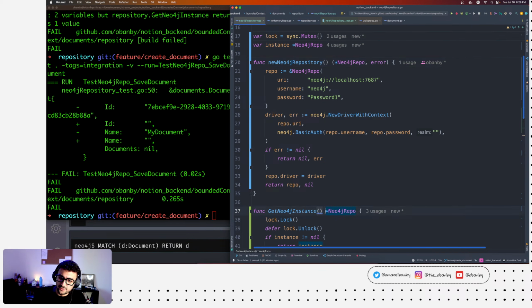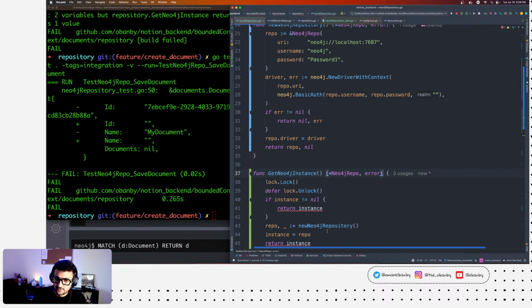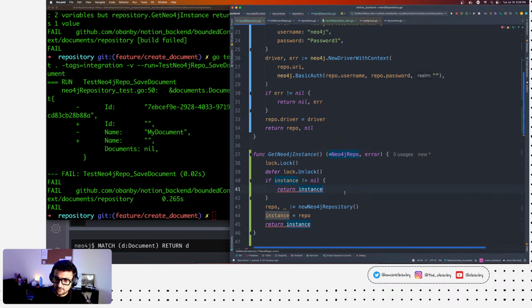So one thing that we can do, of course, is that we do this, and here we return null, and here we actually get the error, return the error.